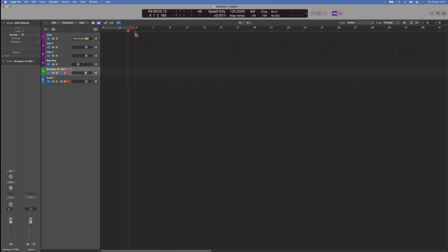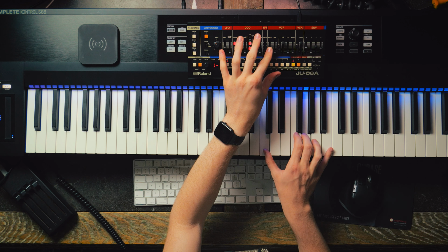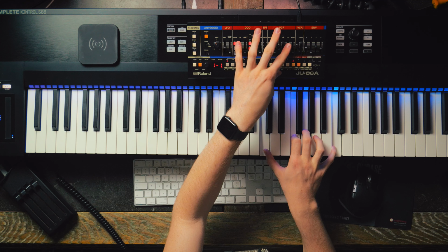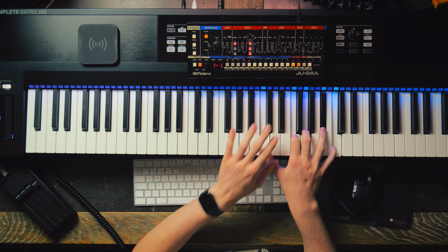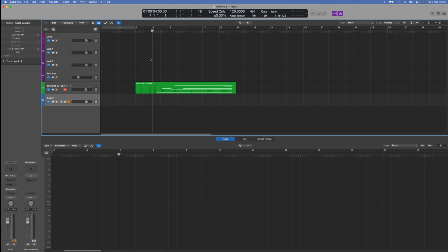So if I go to record here, you can see that as I'm twiddling these knobs around, I'm actually triggering MIDI information. And this is particularly good because it means that if you come out of your recording, and actually I did that a little bit too quickly there, you can just adjust it and then re-record your parts. So I would then delete that and then hit record, and it would then...